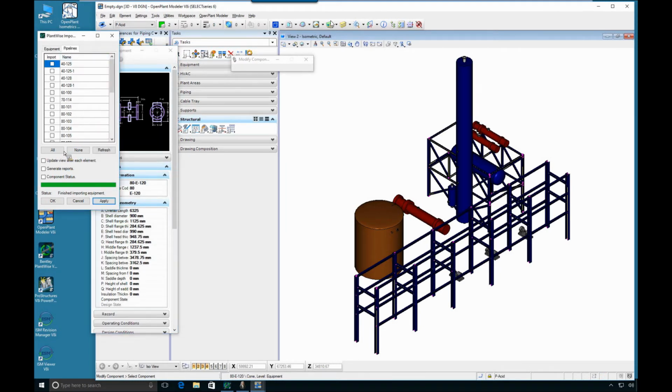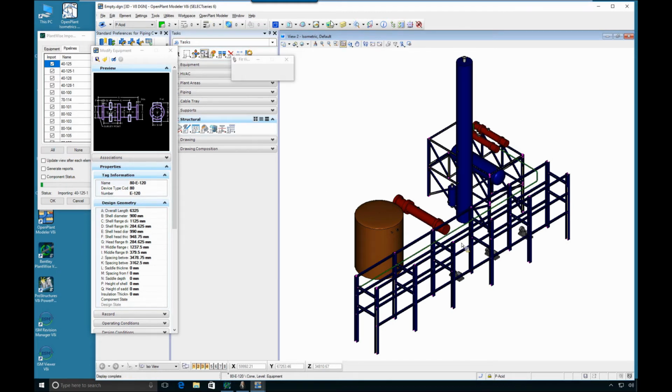And we're going to switch over to pipelines. Once again, we've got that whole list of pipelines. We're going to select them all and hit apply and start that conversion. As you see, each time it does a pipeline, it updates the UI with that. So it's going to march through all these pipelines here. It'll take a couple of minutes to do that. While it's doing that,